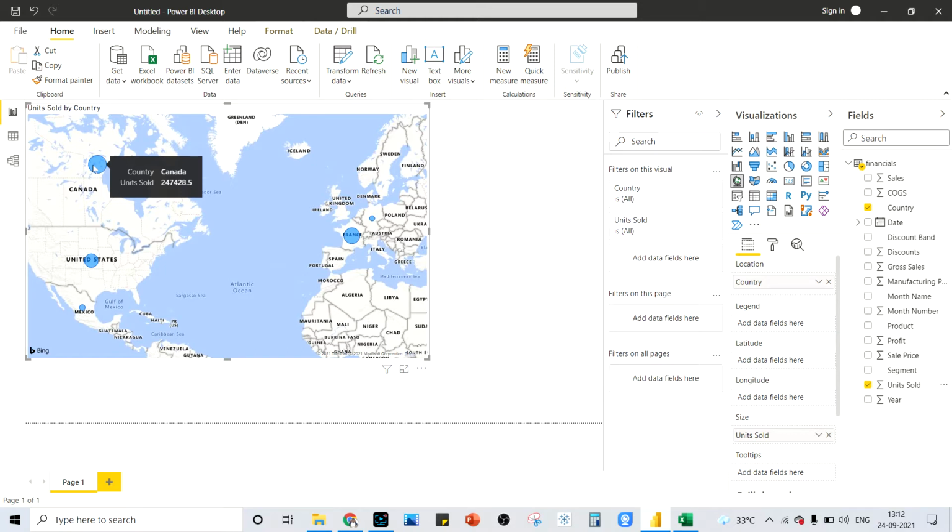Country Canada, units sold 24748.5, and United States has somewhat less, 2326875, like that. Mexico, France, different countries have different values, and depending upon the values, the size of the circle varies. And for that, if you want to make